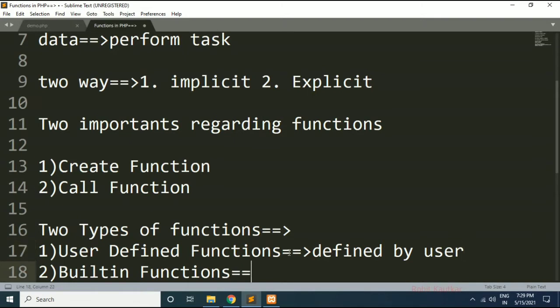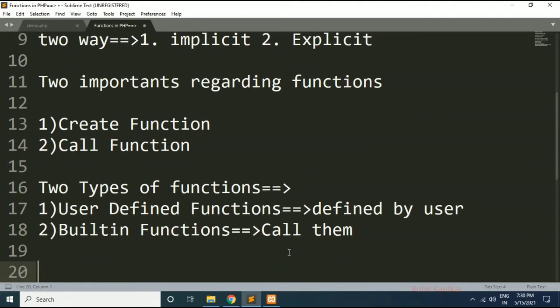And for built-in functions, we don't have to specify, define or create them. We just need to call them and they will be available, because these functions are defined by language developers. You just need to call them and pass the appropriate parameters. In PHP there is a huge collection of built-in library functions, already created, already coded, already defined.